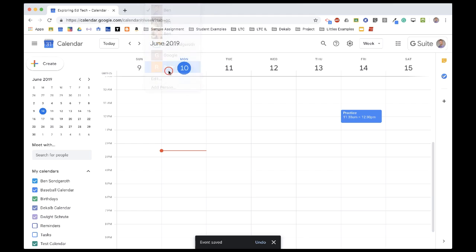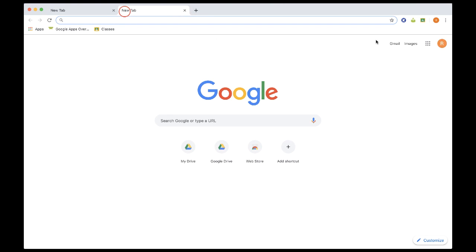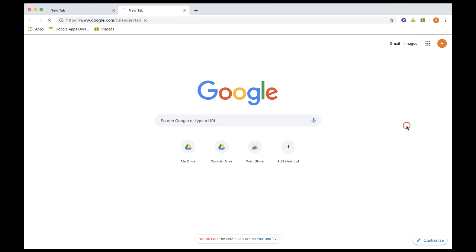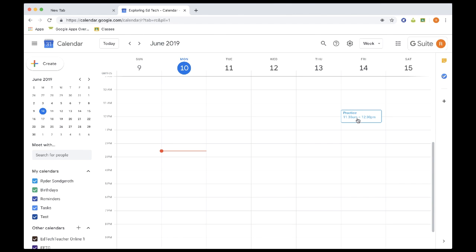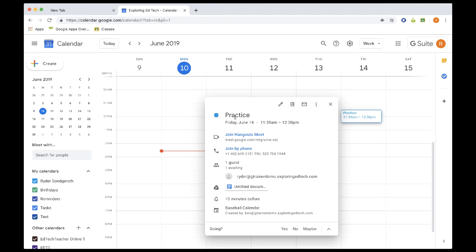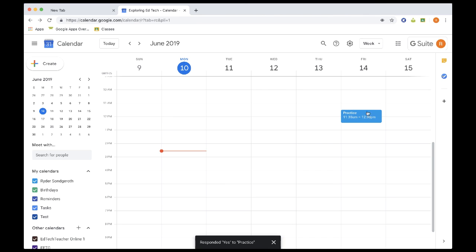So if we go over to Ryder's calendar, you should see there is the event that's pending. It's not blue because it has not been accepted yet, but when he clicks on it, he'll see practice, the Google Hangout, a call-in option for the Google Hangout, the document that I attached, and then what calendar it's currently on. And down here at the bottom it'll say going, and he can select yes, and now it turns blue